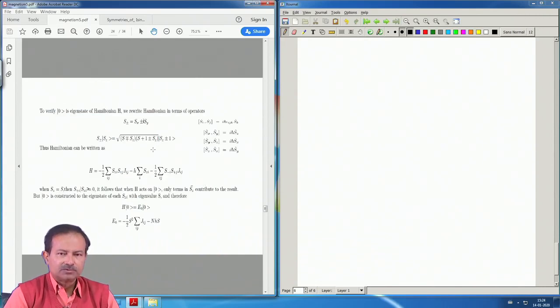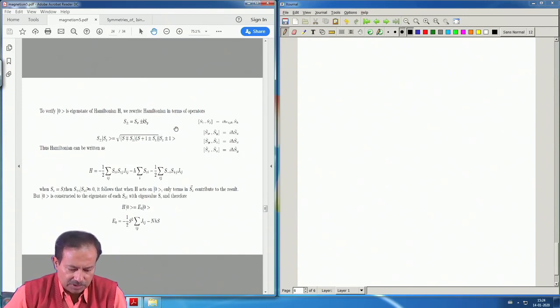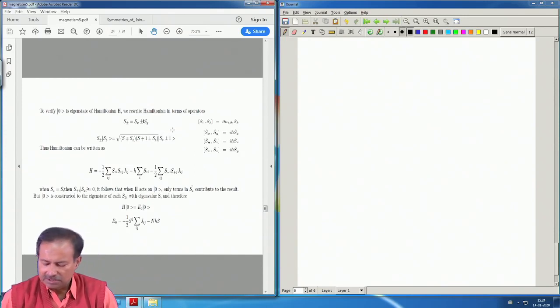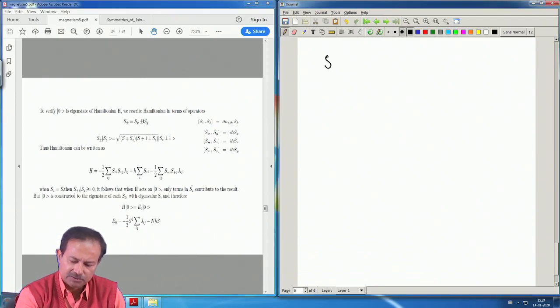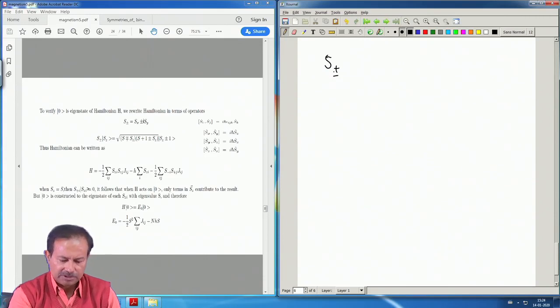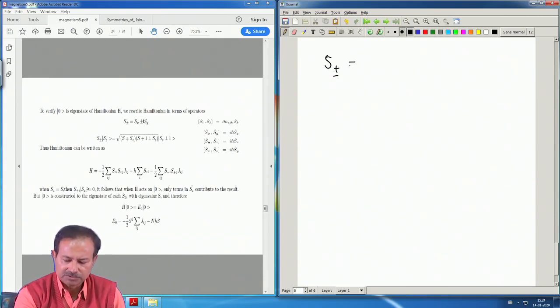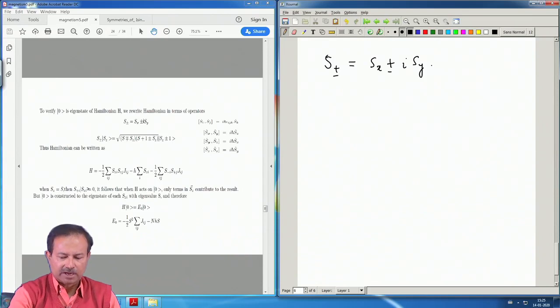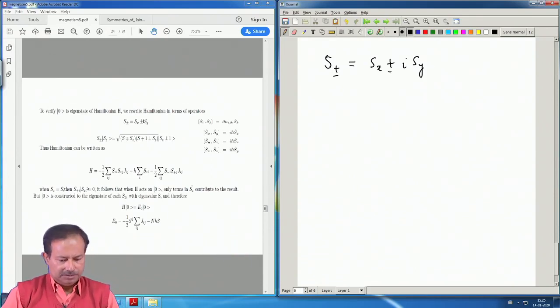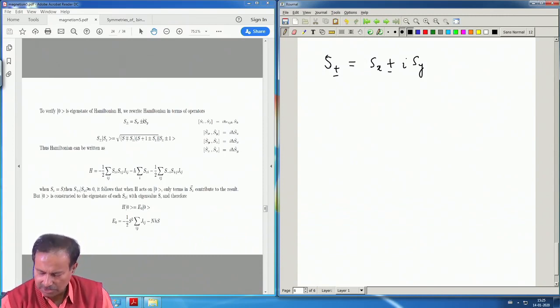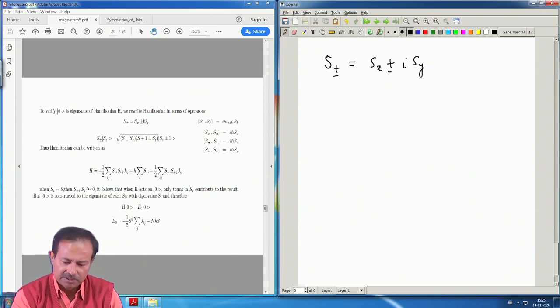Now, we want to rewrite the Hamiltonian. How do I rewrite the Hamiltonian? Well, the standard method is to use the raising and lowering operators, which you are familiar with from quantum mechanics, which are Sx plus or minus i Sy at every site. For the ith spin I will just put an index i here. How does it help? I will show you, but before that let me write down